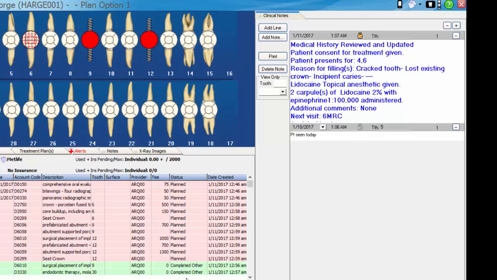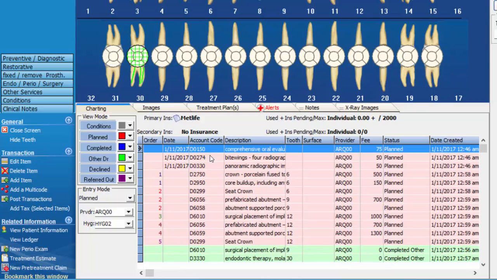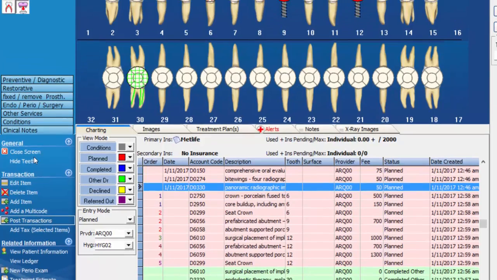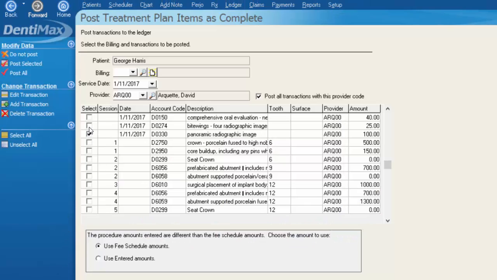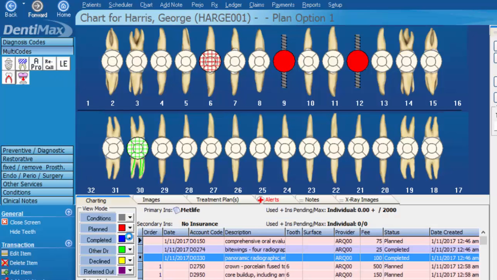So if the doctor would like to indicate what he completed today, we can look at the items that we had planned, and once we're ready to post transactions, we just go to the Options menu and click Post Transactions. In this screen, you're able to just select what did get completed out of what you had planned for the day and click the Post Selected button. You'll notice those items change to blue, which is our color of completed,